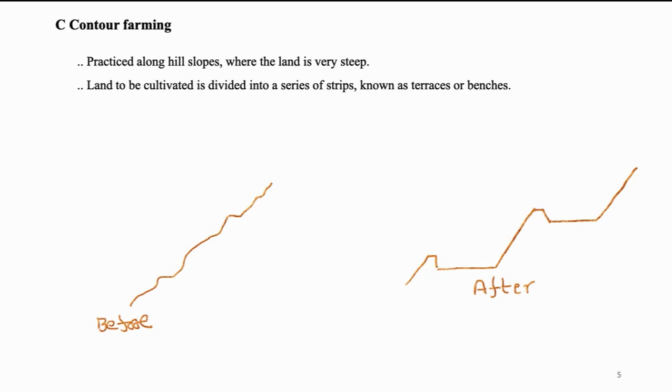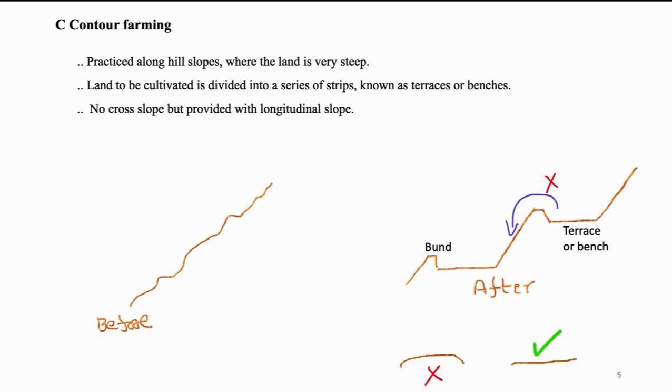It may be observed from the figure that on one side of the terrace a rising slope is there and on the other side of the terrace a falling slope is present. Each terrace is provided with a bund on the falling slope side to contain the water in the strip itself. The size of the bund is such that there will not be any overflow from one terrace to the other terrace which is at a lower level. Terraces are not provided with a cross slope, otherwise water gets accumulated towards the edges of the strip. That is, the strip will be plain across its width.